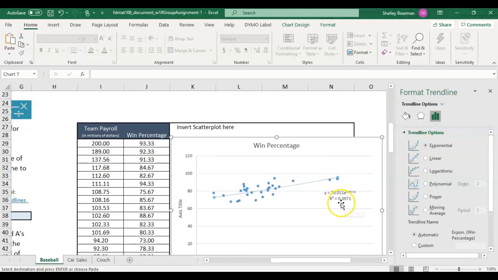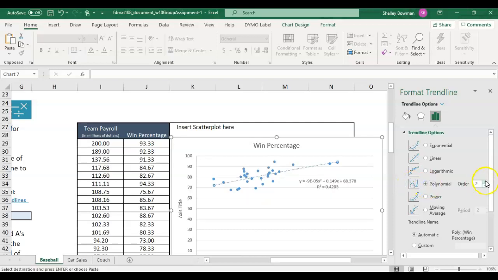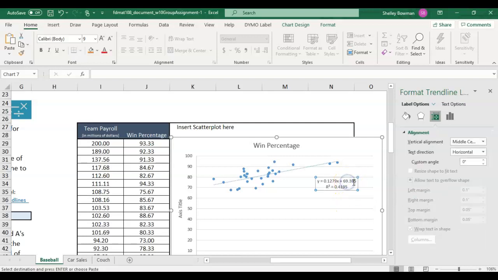And the R-squared actually went down, and that was only moving up one direction. We can try polynomial, order 2, and it's 0.42, linear is 0.419. Since this is actually easier and it's only by a small bit, I'm going to go ahead and stick with the linear. So we're going to go with the linear here, and I'm going to copy this, Control C,